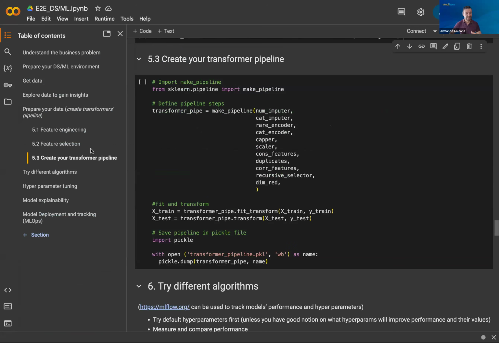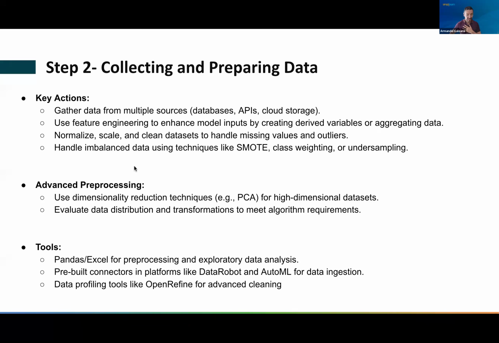So there's a lot more detail here, but again, you might not need it if you apply some pre-built connectors, like DataRobot, which will do that for you. AutoML can do that for you. Amazon SageMaker Canvas can do that for you, or OpenRefine as well, where you don't necessarily need to do any code. Okay, so far, this is a lot of understanding about the importance of data and starting to collect your data.